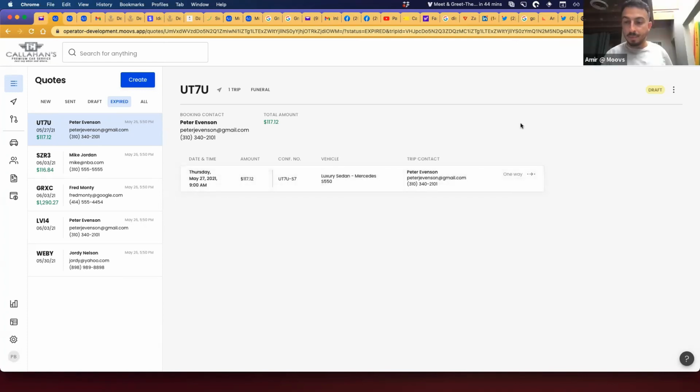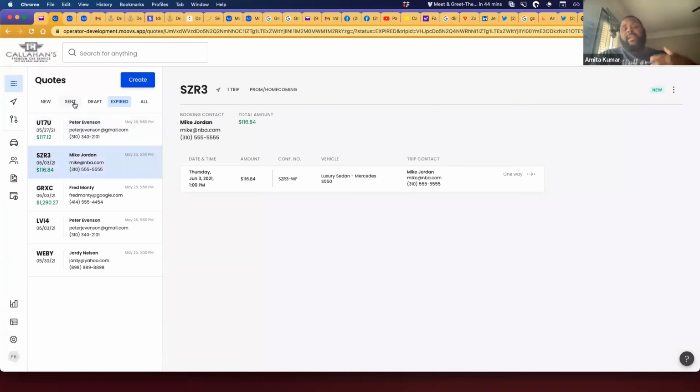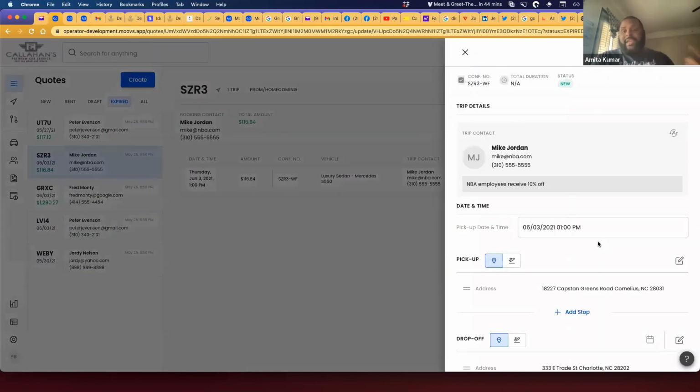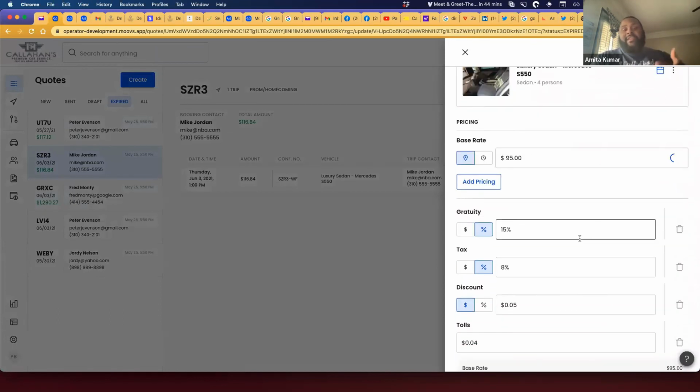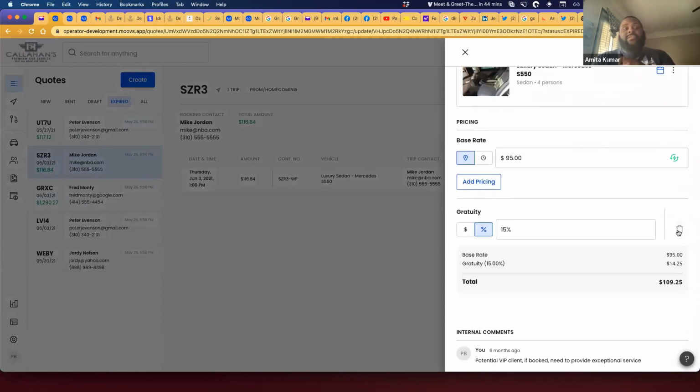Yeah, the action I've found is to go back into the quote, delete one of the addresses, and then it'll let me do it. But the issue is if a client has 5 or 6 different trips as part of their quote, you have to go back into each one and cancel it out like that. And I had another question for you.